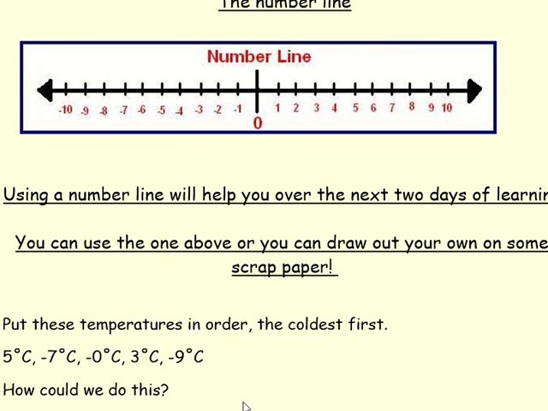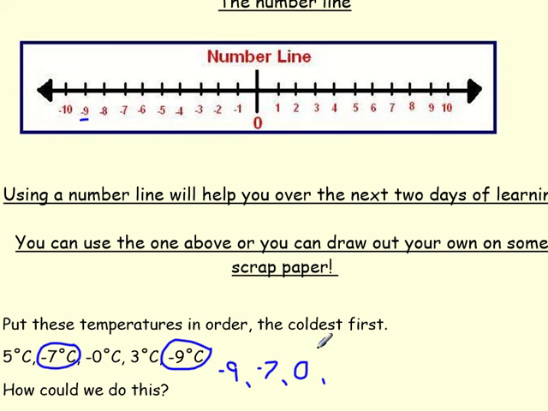So just as a starter, put these temperatures in order, the coldest first. How could we do this? So like yesterday, coldest first, we know obviously are the minus numbers. So we've got -9, we've got -7, and then obviously we've got 0. So between -7 and -9, you have to think about which one is the coldest. So we know -9 is further away from the 0, so that one is the coldest. So -9 degrees would go first, then it would be -7, then it would be your 0,